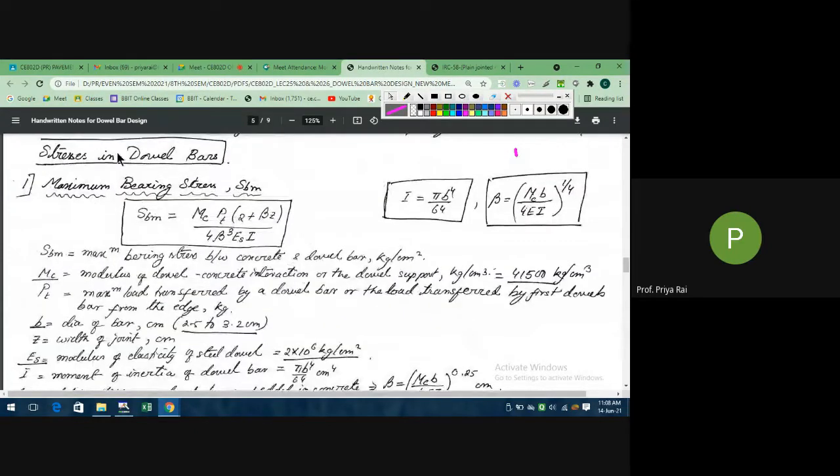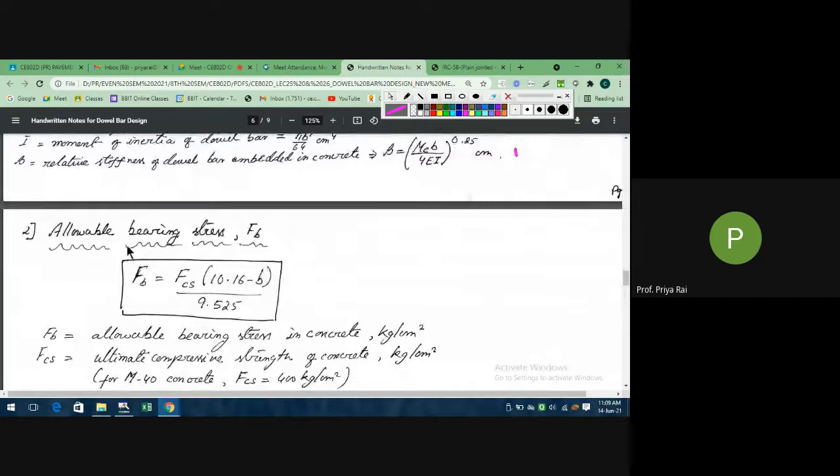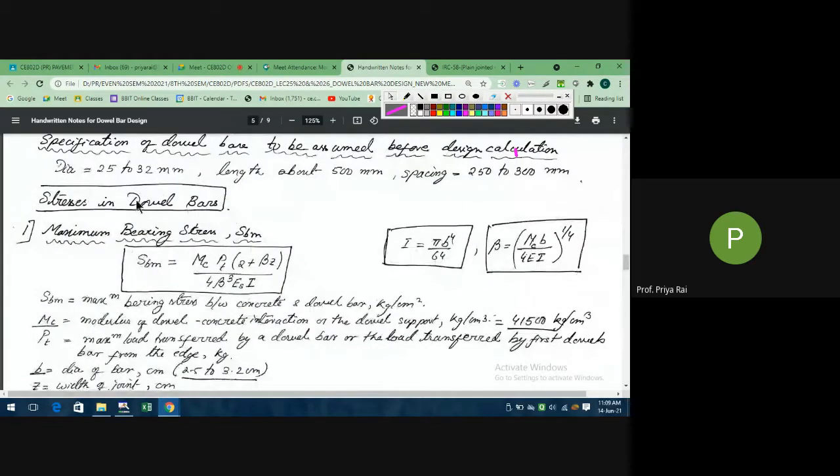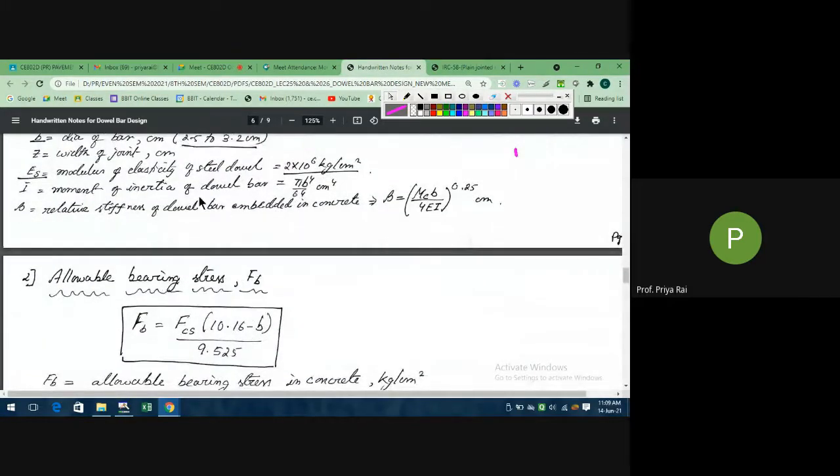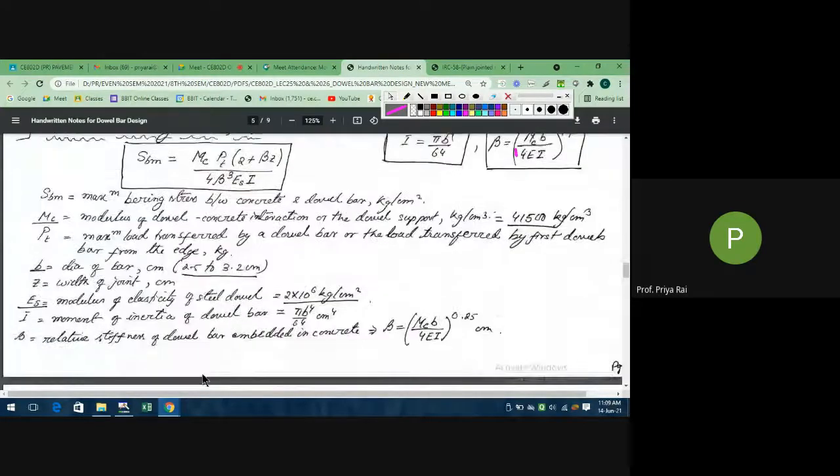Now SBM is what? Remember it like this: S stands for semester, that is the semester question paper, or the toughness of the semester question paper. Now Fb is what? Fb is the preparation for the semester. When will you pass the exam? Obviously when your preparation is greater than the toughness of the semester question paper. Here also we use that same funda: Fb should be greater than SBM for the design to be safe.